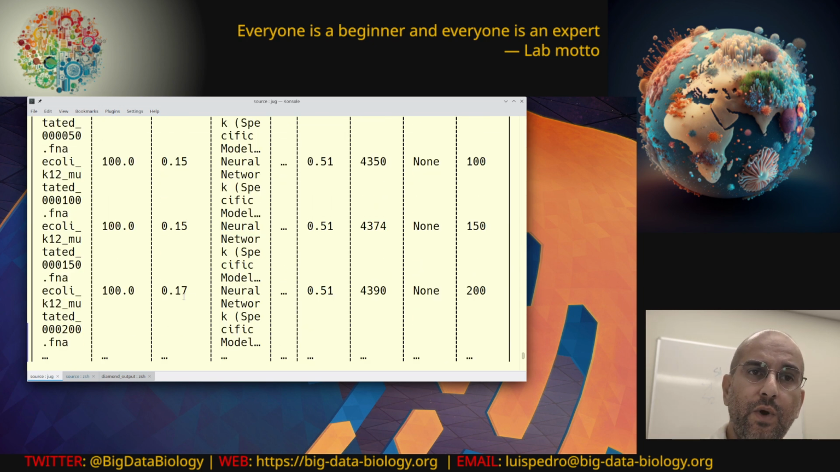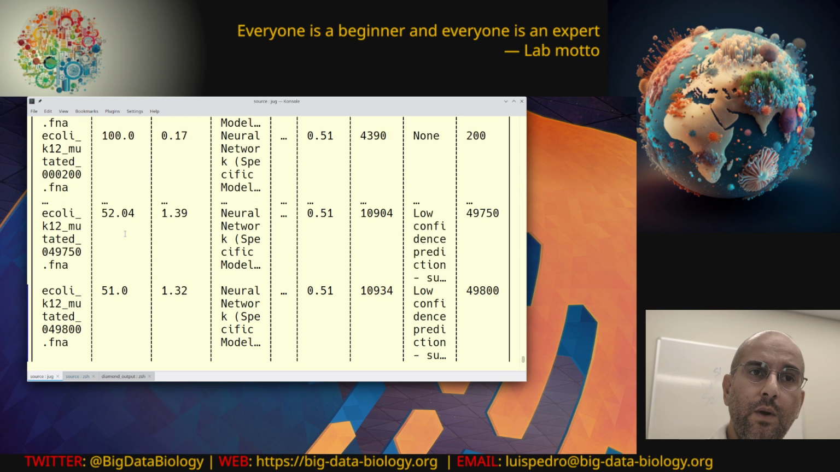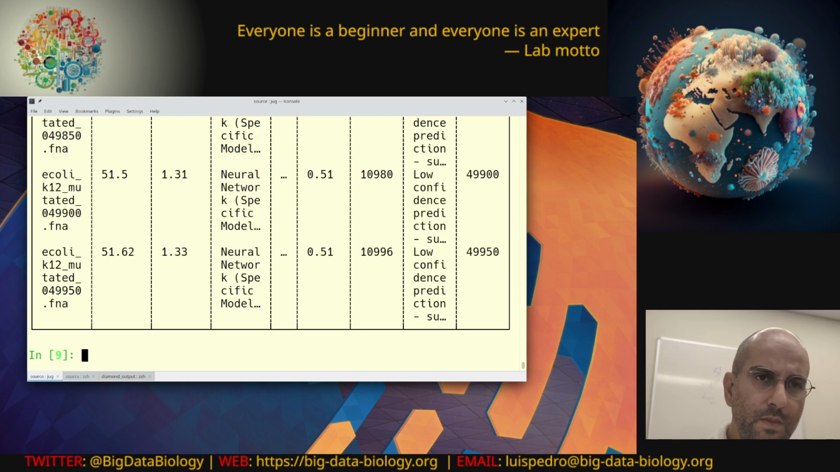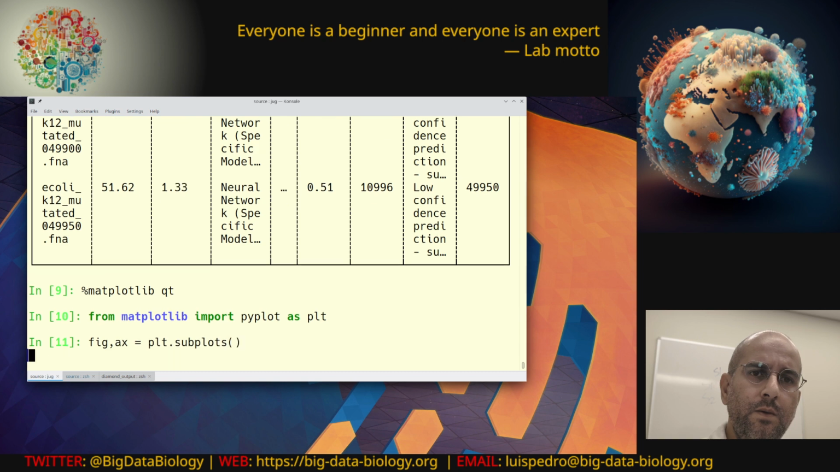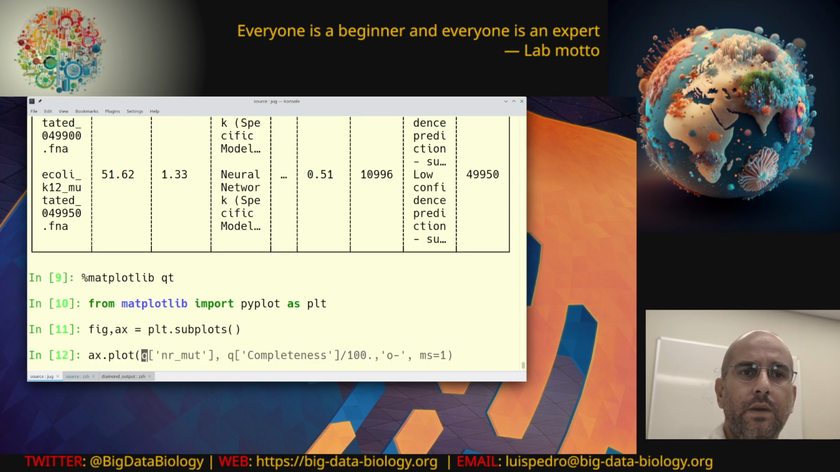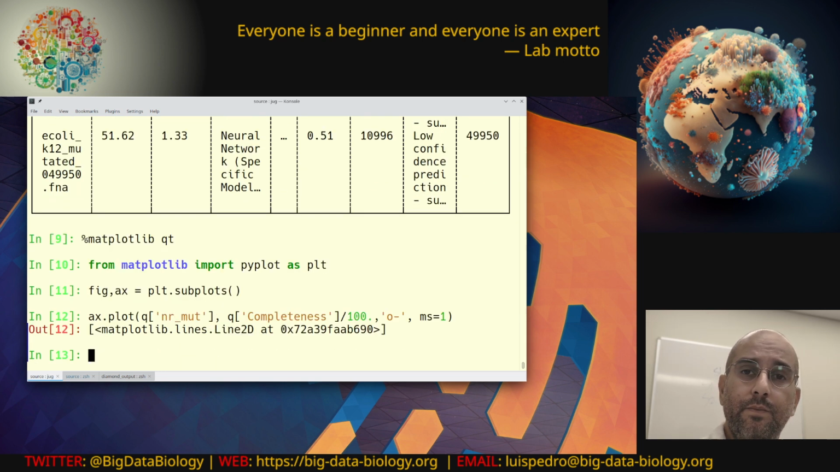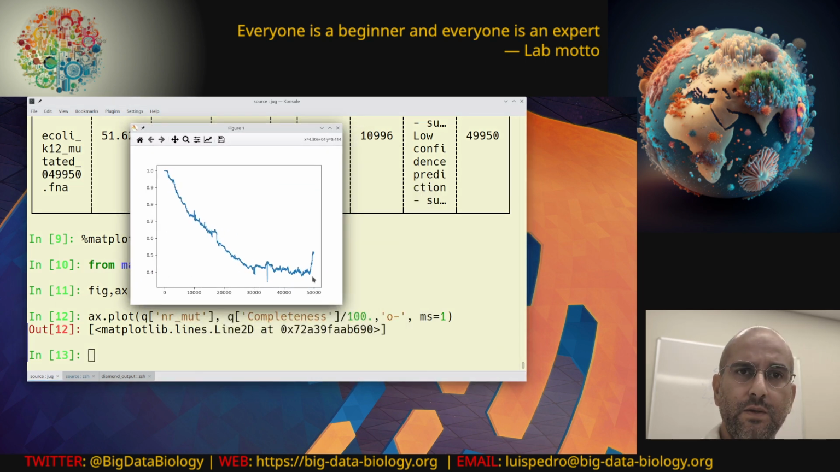And then with a few hundred mutations, still 0. But then with a lot of them, the completeness has completely cratered down to 50. So let's look at the plot. Okay, and see if you can see this. I had shown this before, or I had run this before, so everything is